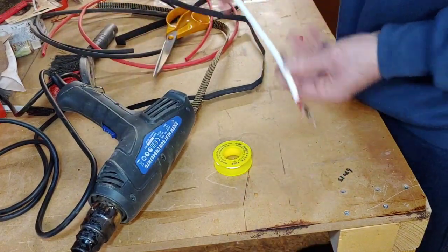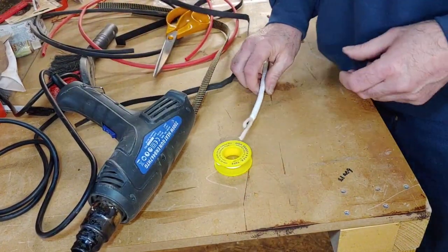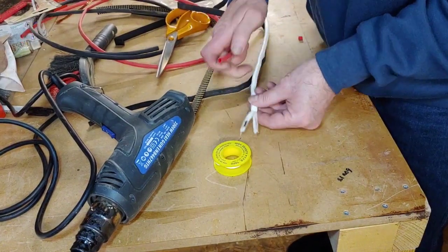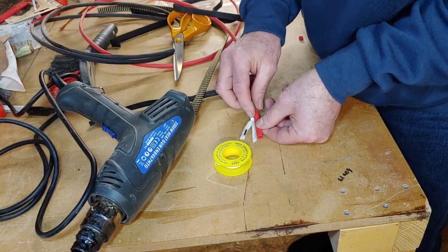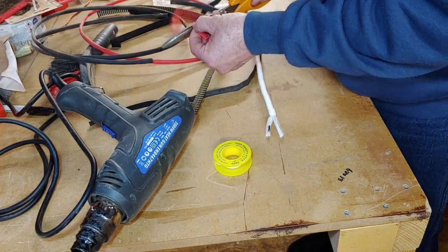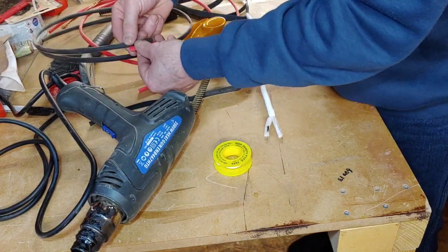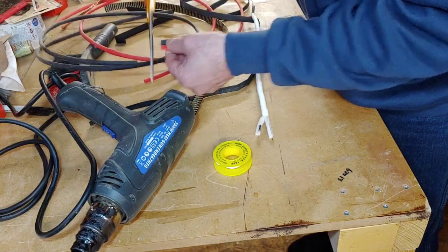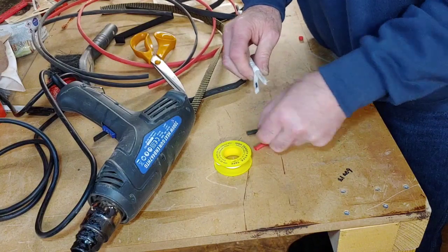Right, that's that end. Same with this end again now. I need to put a red up there. Red's about there. It's always probably best to cut these heat shrinks oversized so you can cut them back than cut them too small. So we'll pop the,